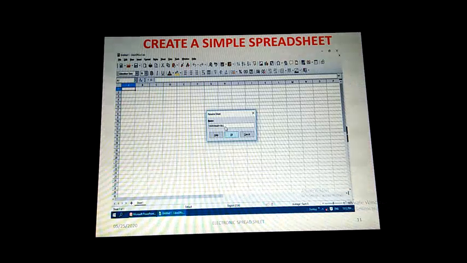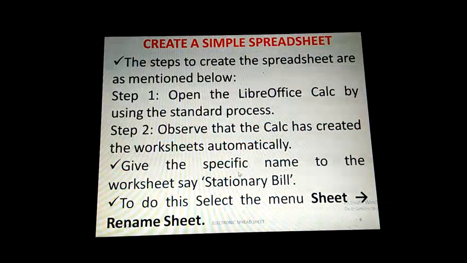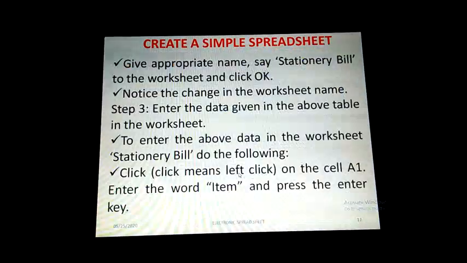So I have given stationery bill. After giving that, you click OK. The name will get changed. We will see it in the upcoming worksheet. Okay, so the name will be changed to stationery bill instead of Sheet 1. So this way we can change the name of the worksheet.